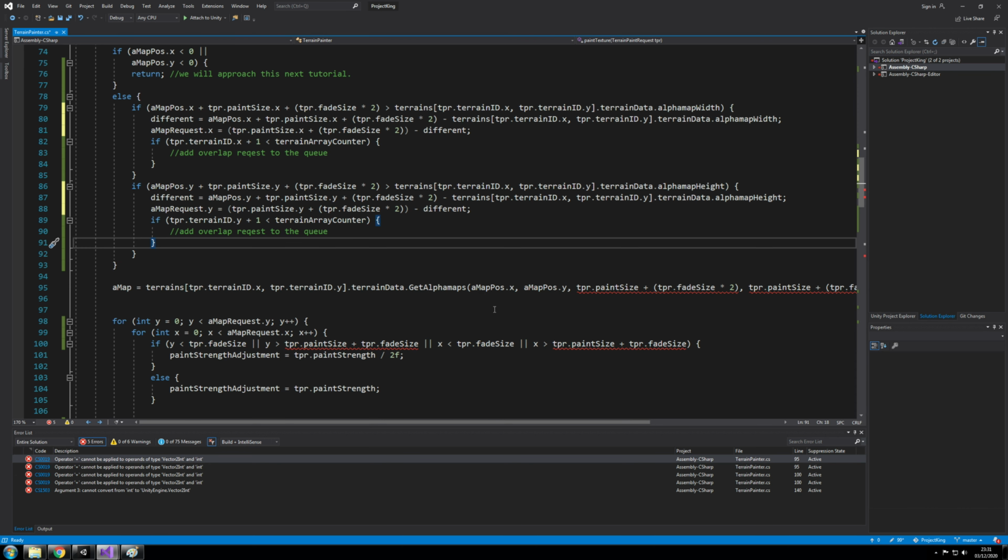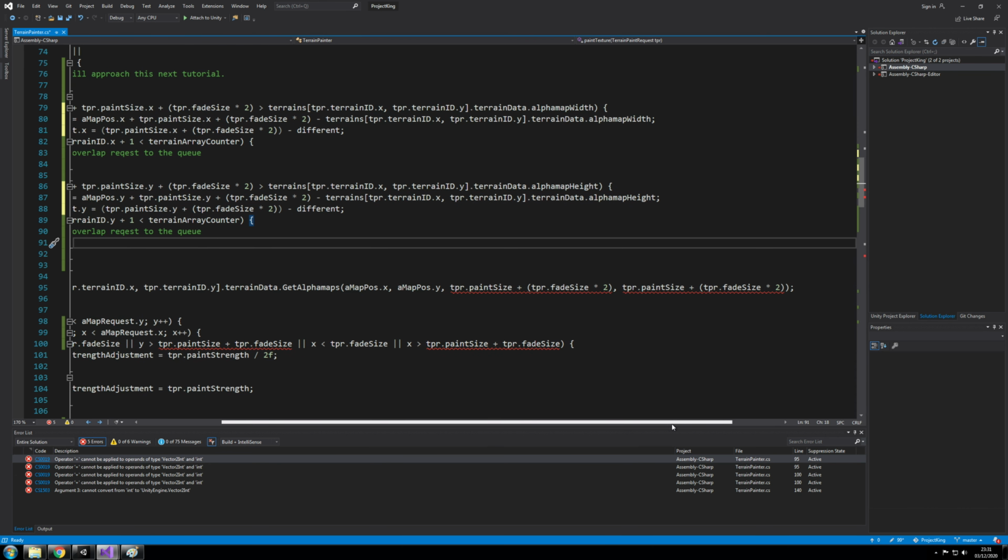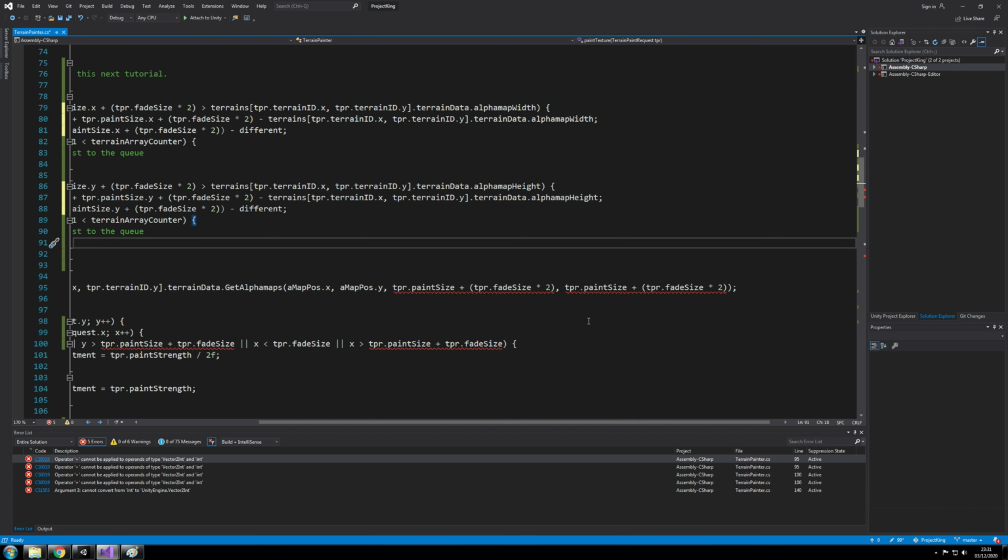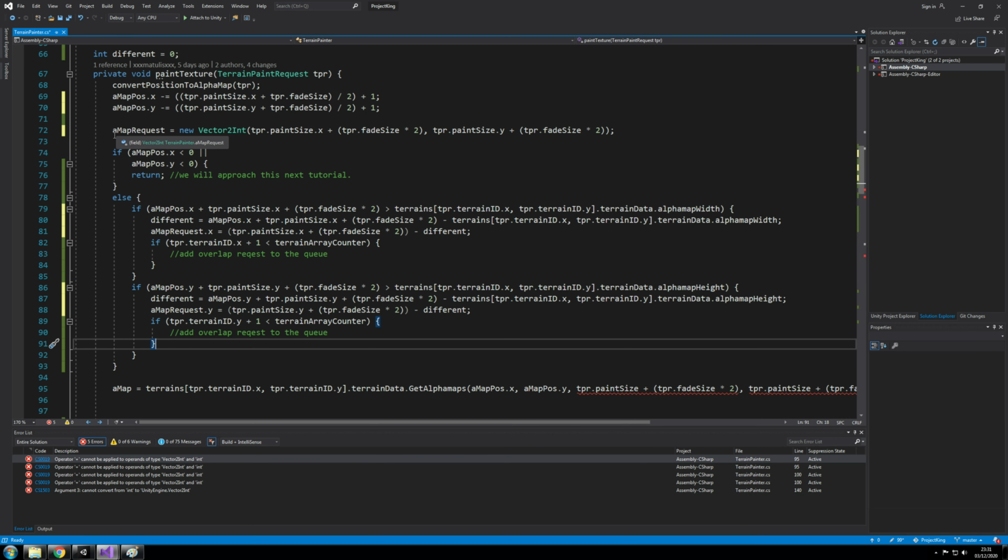A map, okay, this is a good one. So now we should not use original values, because we have a map request. Yes, that's the original request. Now, if we find out that,